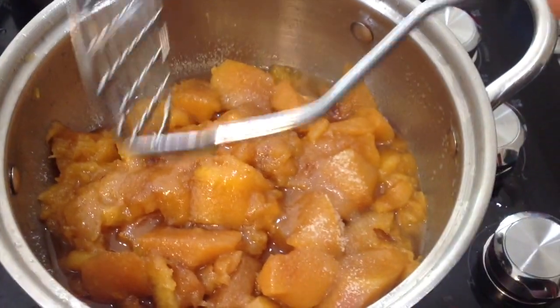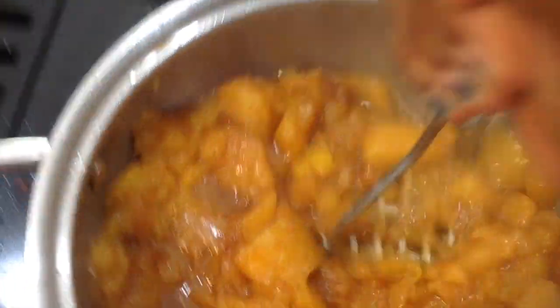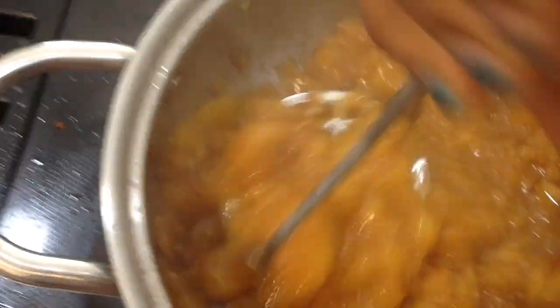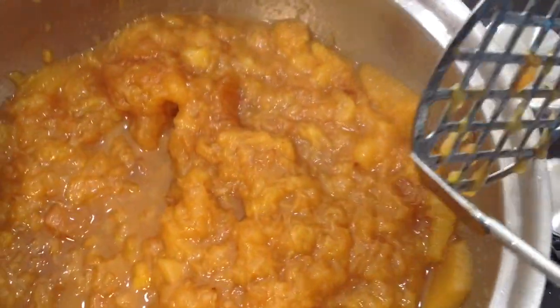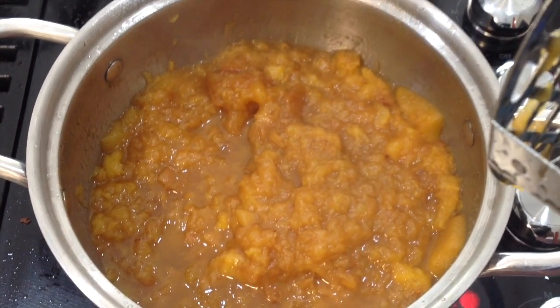All right, so I have my potato masher, and all you have to do is just mash it. Just go in there, just like so, and just mash it. Just like you're mashing potatoes, okay? Just keep mashing it until you get it into that mushy type of consistency, all right? And it's still going to have some juice in it. That's okay. And that's about the consistency that you need for your peaches. And I have some over here that I have to finish mashing. But just to let you know how you need to do it and how it needs to look before you add it into your